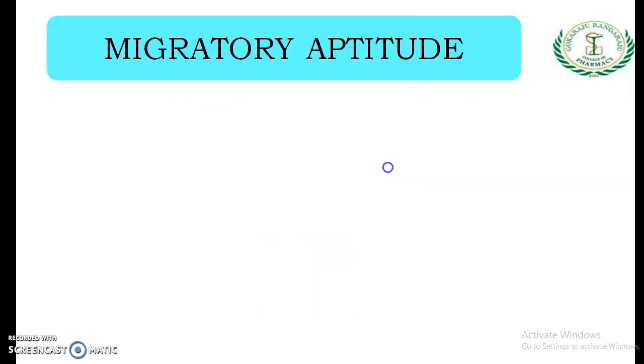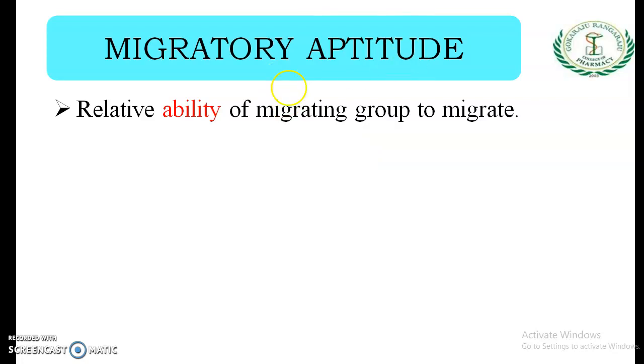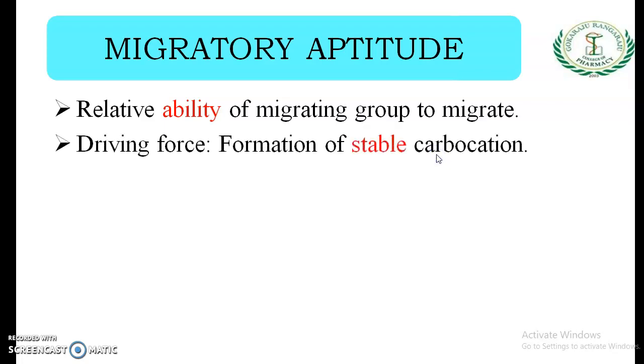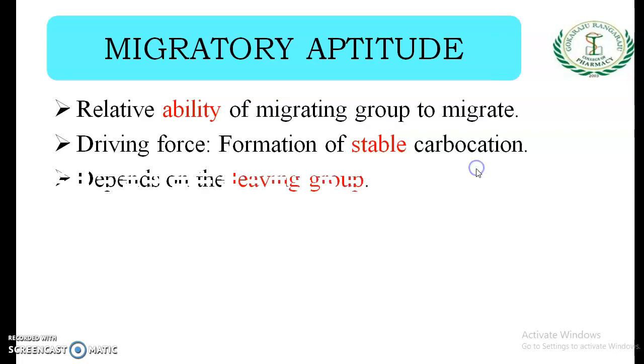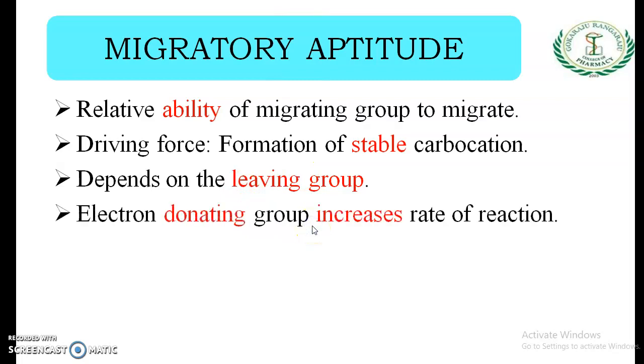So, migratory aptitude. What is migratory aptitude? It is the relative ability of a migrating group to migrate. The driving force for the reaction is formation of a stable carbocation. The faster the stable carbocation is formed, the faster will be the rate of the reaction. The migratory aptitude even depends upon the leaving group. If a reaction is able to generate a good leaving group, then that